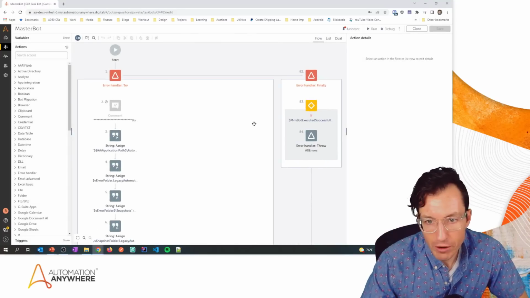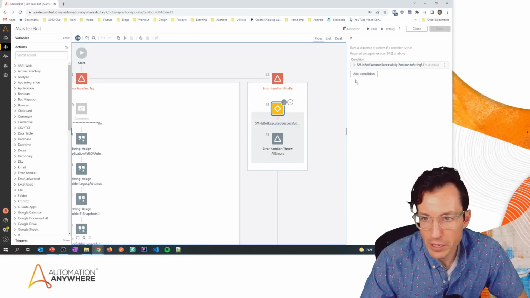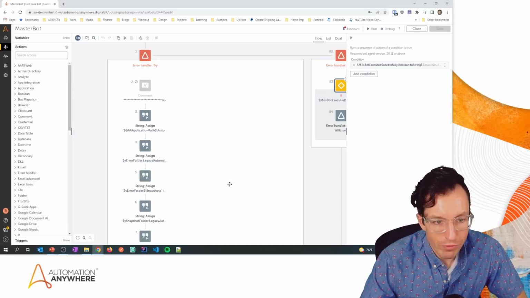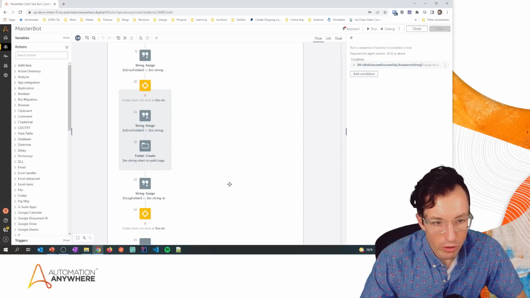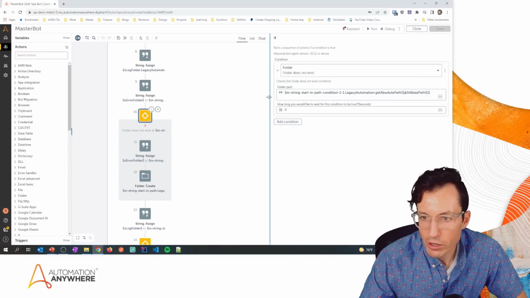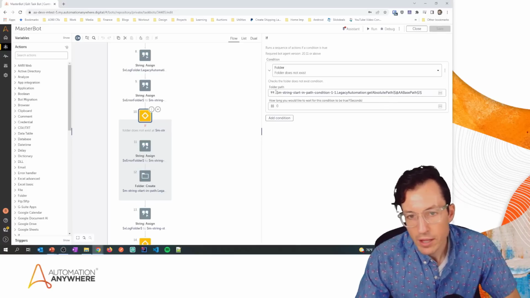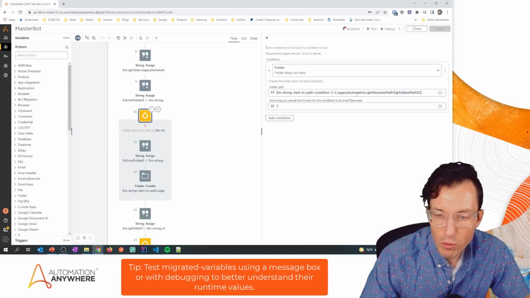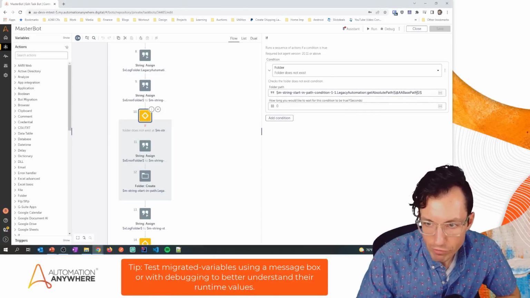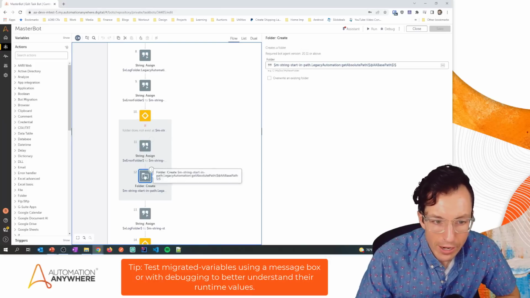Now, it told me that the error was on line 83. 83 looks like it's my finally block, which is basically determining what happens if an error occurs. So what I really need to go to and find is where I'm creating that folder, which is my error folder. And if we go look here, I'm checking to see if the folder exists. Now, the variables that have been done for this migration are a little bit weird, right? It's getting the absolute path for my AA base path, and then it's going to try to create that error